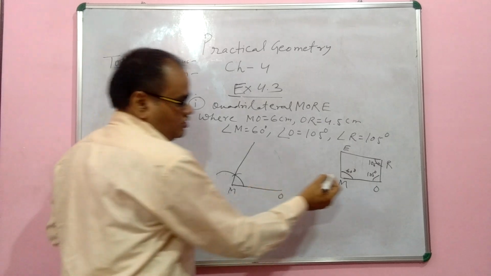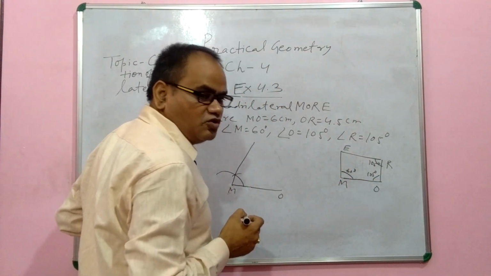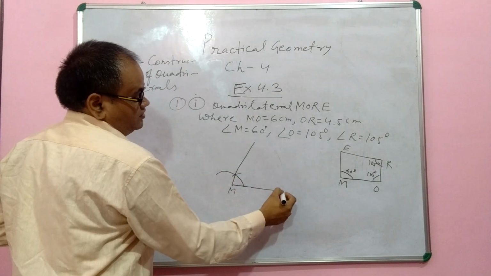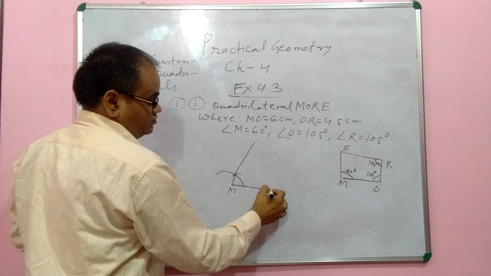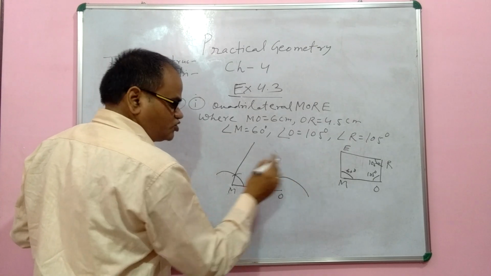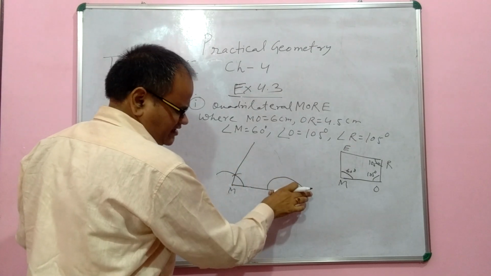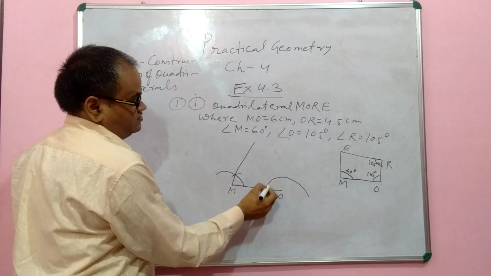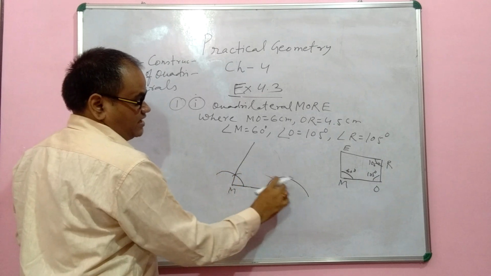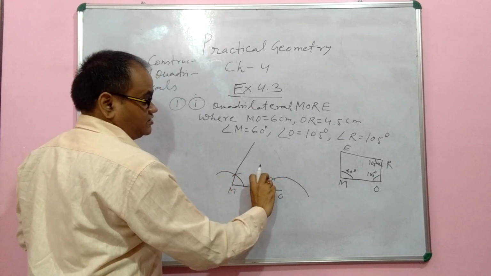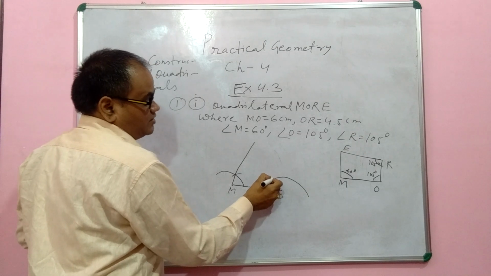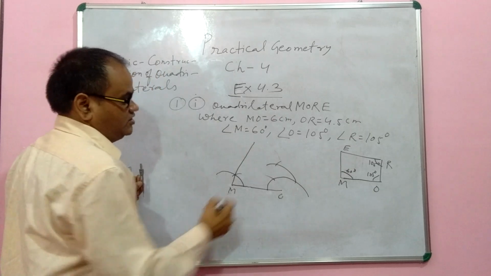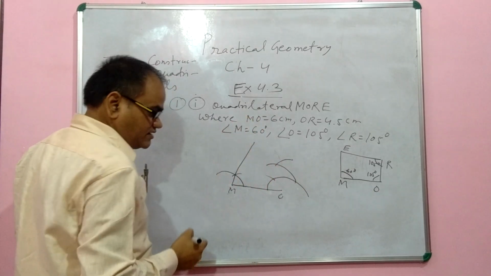Now angle O equal to how much? 105 degree. Then how will you construct 105 degree? Now look here, how will you construct angle O? Keep your compass at point O, draw an arc. Draw any arc, but take a small arc that is suitable. Now keep your compass here, cut the same arc which you have taken first. This is 60 degree. Now keep your compass here, this is 120 degree. Keep your compass here, this is 90 degree.